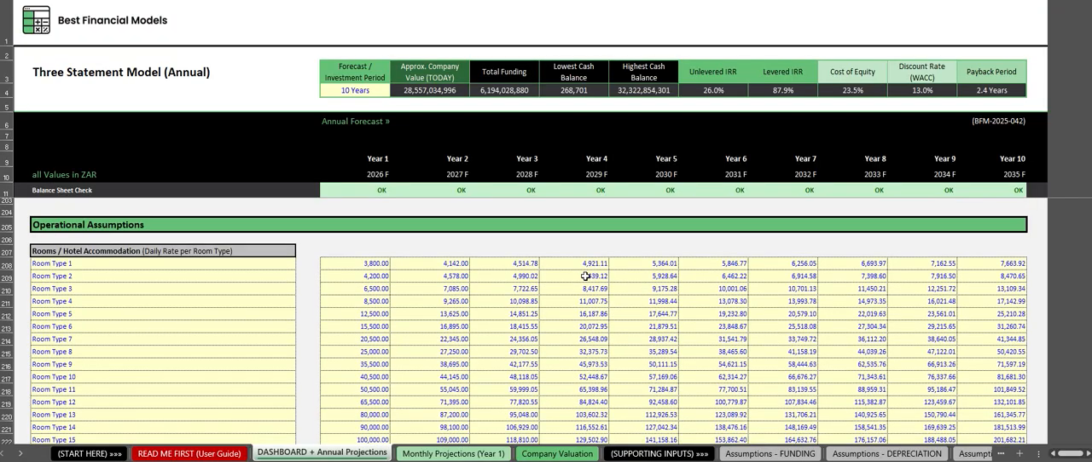The operational assumptions are quite comprehensive. There are various revenue streams that we've incorporated into this model. So whether it's a large multi-billion rand or dollar type of project, or a much smaller boutique hotel or bed and breakfast, this model will address those issues as well and will be suitable for that. But in this instance, we have looked at all the various components, operating components and revenue streams that you can expect in a hotel setup or a hotel project,